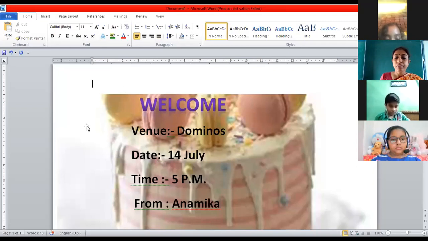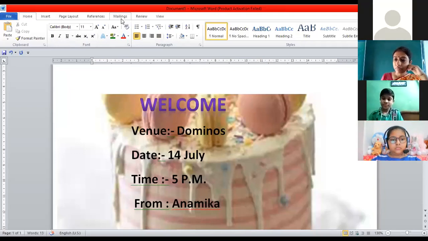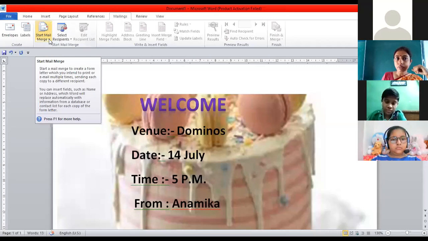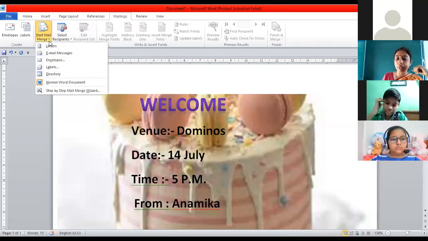Right now, here what we have to do, we have to go to mailing option. You can see here on the top where the menus are there, like home, insert, page layout and all. Here we can see that mailing option is there. You can see mailing, home, insert, page layout, reference, and then mailing. Yes. So we will go to mailing option. Now here we have to choose this third option, start mail merge. Here, when you click, a drop down arrow will be there. So when you click that drop down arrow, this menu will appear. We have to choose the last one. We have to choose this last option, that is step by step mail merge wizard.